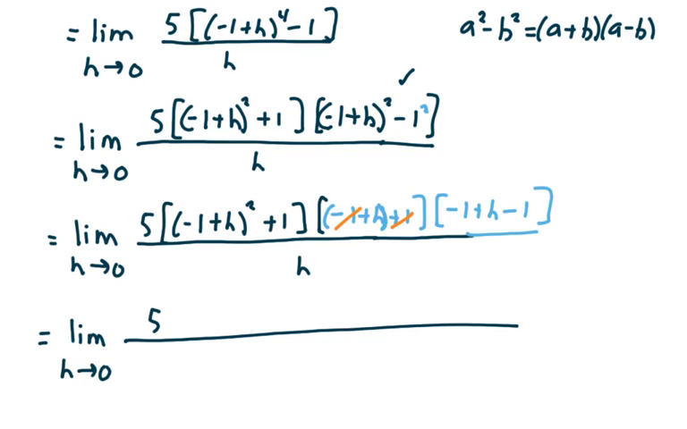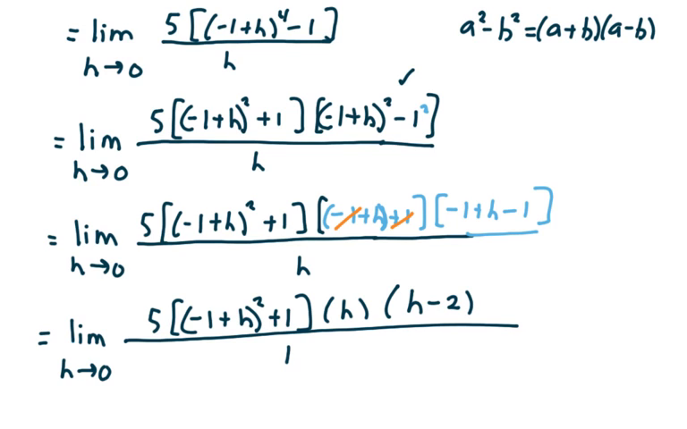Now in the numerator, I have 5 times negative 1 plus h to the second plus 1. Notice how I didn't square out that negative 1 plus h. It's not necessary. And I'm going to multiply by h. And then I'm going to multiply by h minus 2. And I'm going to divide by h. Here's the cool part. These h's go away. And so this is the limit as h goes to 0 of